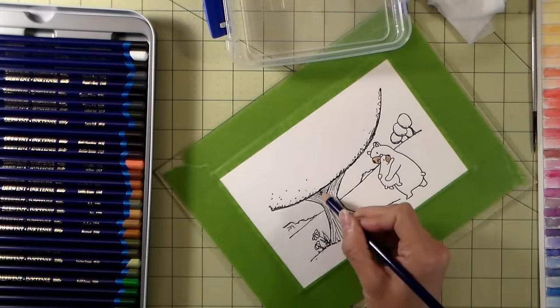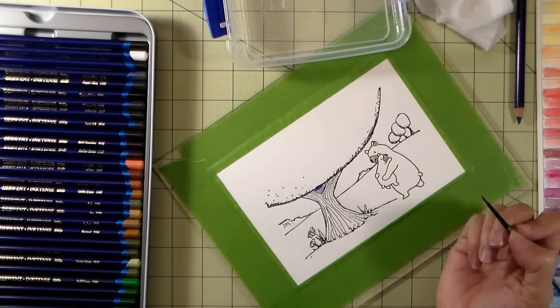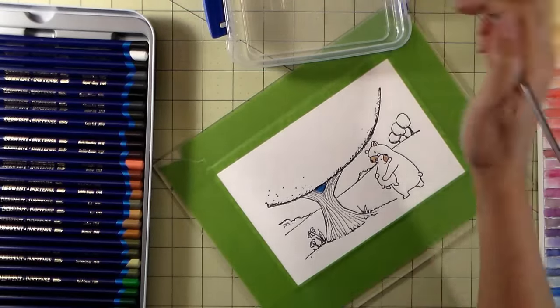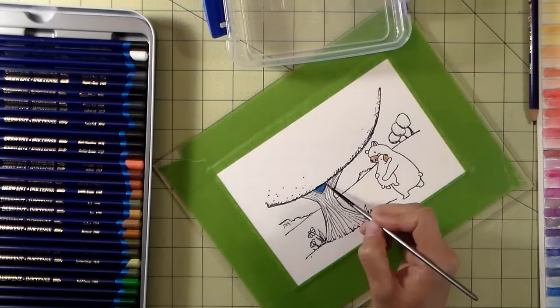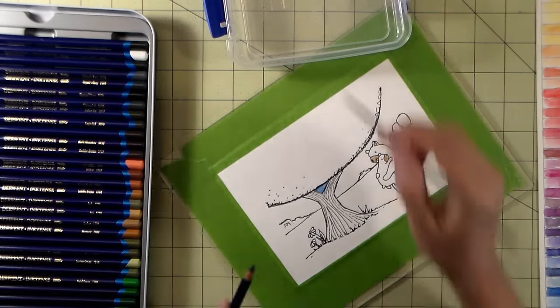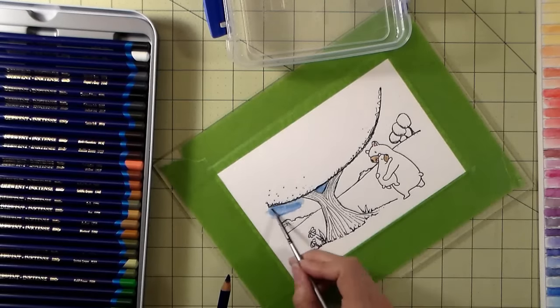And I used a blue in this small little area, and I did not like how intense it was, and so I just added water and I just blotted it up until I was happy with the color I got. And then instead of coloring directly onto the paper, I'm just going to take my brush, and I am probably using a brush that's way too small for the area, but like I said, I'm learning as I go. Now I'm coloring the grass,